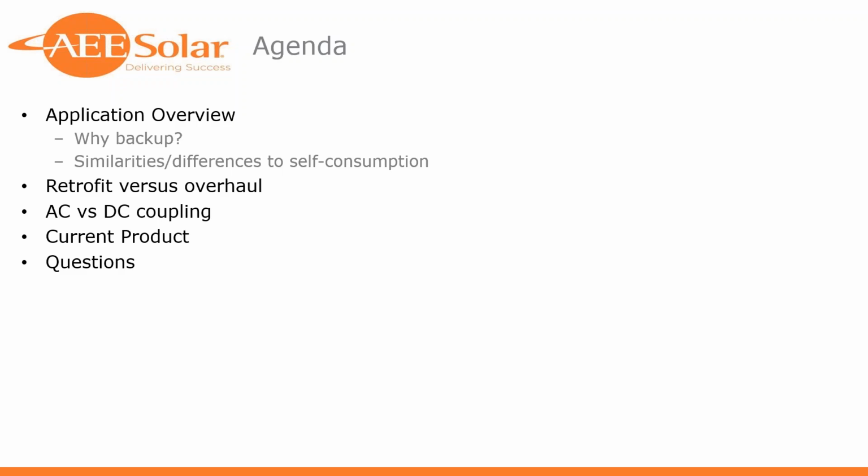Storage, thinking about what type, maybe what chemistry of storage you're looking at. I kind of call this retrofit versus overhaul, and some maybe subtle nuances there. No conversation on grid tie battery backup would be complete without at least talking a little bit around AC versus DC coupling. Current product, I went a little light here intentionally because there's a lot of product currently on our